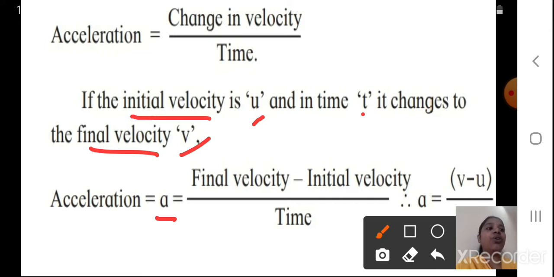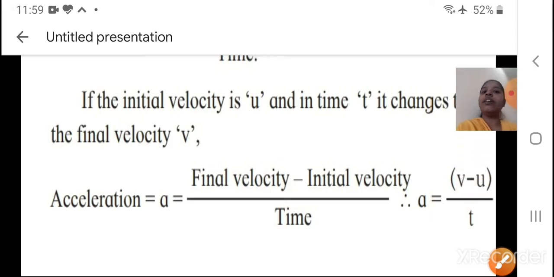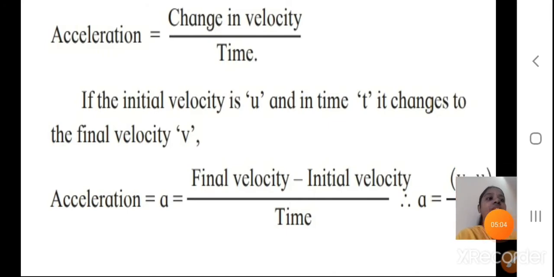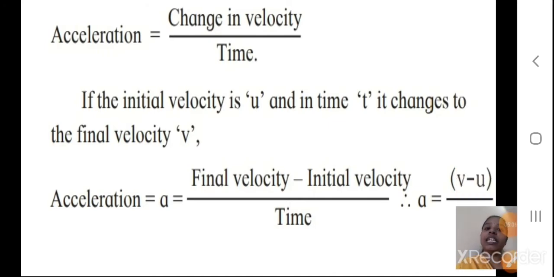A is equal to v minus u upon t. You can see it here. Yes, this is the formula which we are using during the Newton's equations also, right? Okay, so we will proceed to the next part, students, now. Till here is it clear? Okay, so we'll proceed. Now what is our next part?